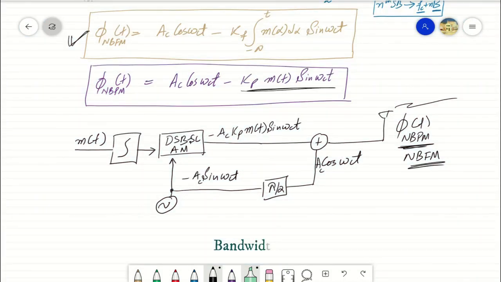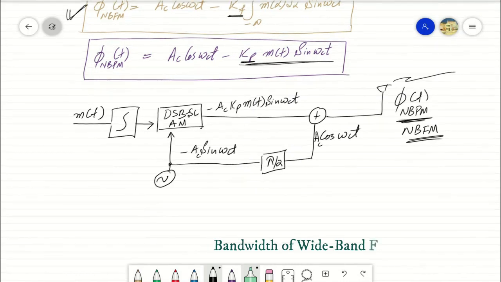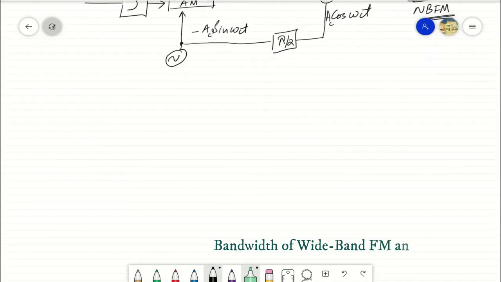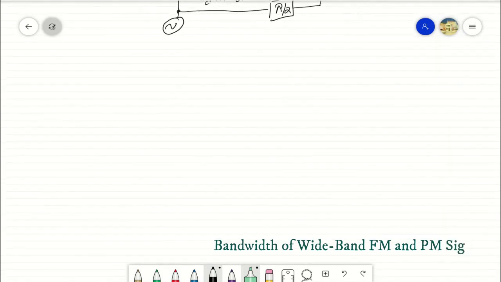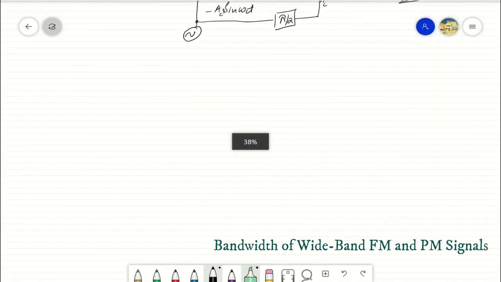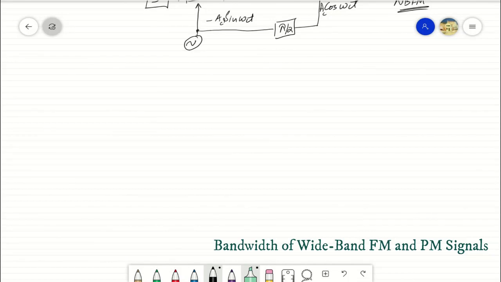While if the deviation of the carrier signal is large enough, that is, the constant scaling factors Kf and Kp are larger, then we do not have a limited bandwidth signal. Rather, we have an exponential modulated signal which occupies an infinitely large bandwidth, with an infinite number of sidebands being generated. If we conduct an analysis to define the approximate bandwidth of such wideband frequency and phase modulated signals,